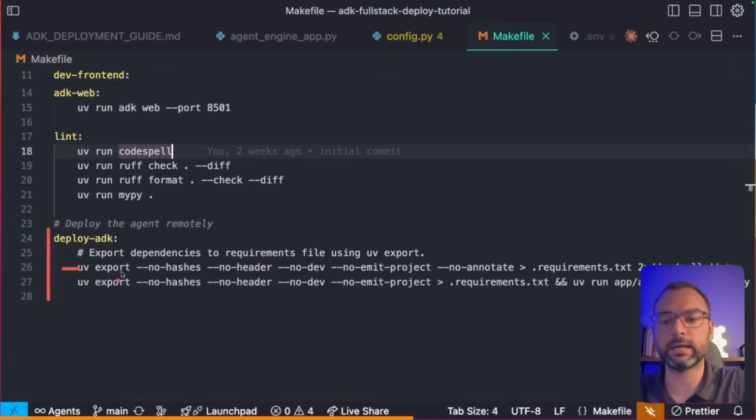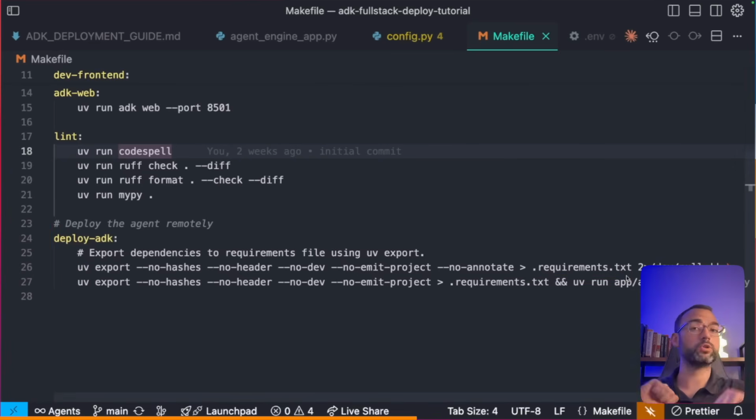First, it does an export of all of our dependencies to a requirements.txt file. This is super important because when we're trying to deploy to Agent Engine, we need to say, hey, here's my source code for the actual agent itself. Also, here are all the dependencies you need to install in order to run this code. So that's exactly what we're doing here. We're saying, hey, let's go ahead and prep all of the dependencies